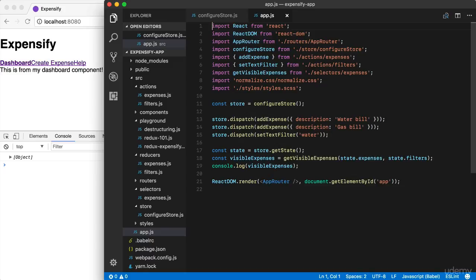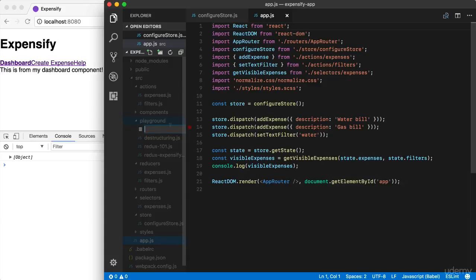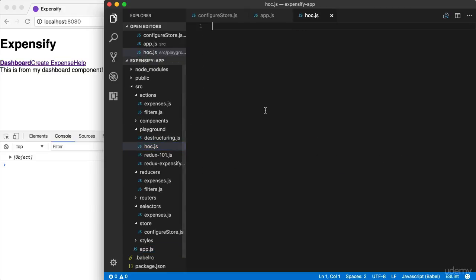We're going to be creating a few of our own, and we're going to see exactly what it takes to make one. That's going to make it way easier to use and actually understand what's happening when we use the React Redux library in the next video. So to kick this one off, we're just going to spend a little bit of time in a single file in the playground folder. We'll call this HOC for higher order component.js,